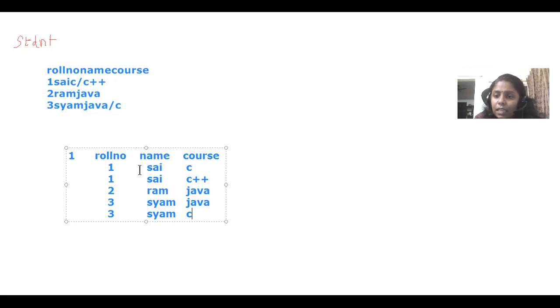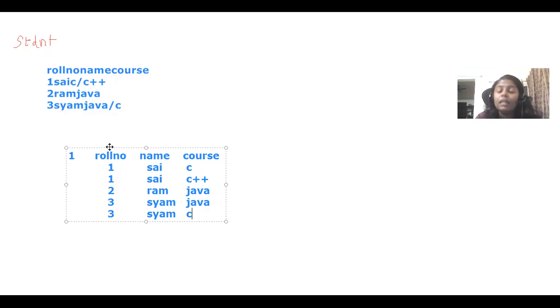The primary key value should be unique, correct? So your roll number is not unique. The roll number 1 is repeating 2 times and 2 is 1, and again the roll number 3 is repeating 2 times. So the roll number alone, we cannot take it as a primary key.